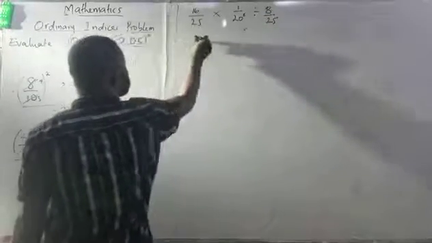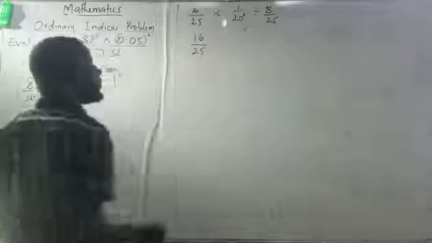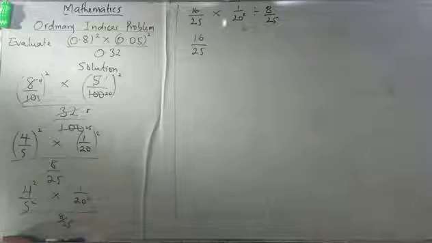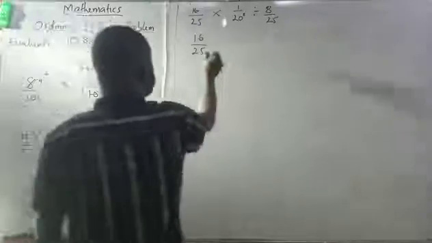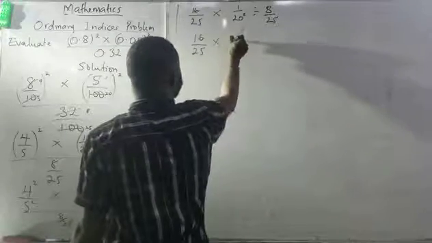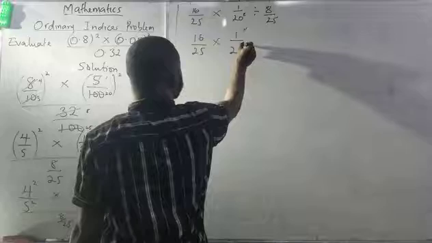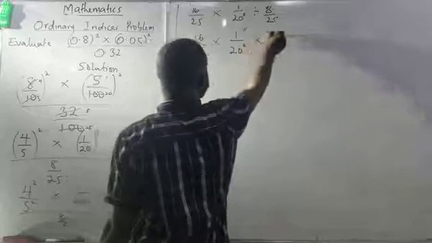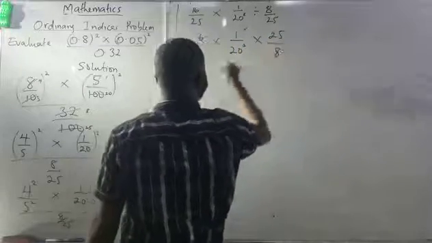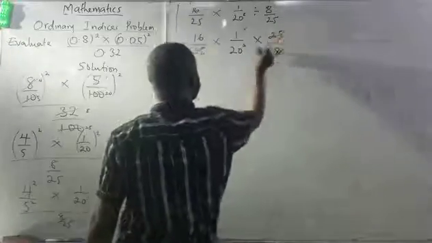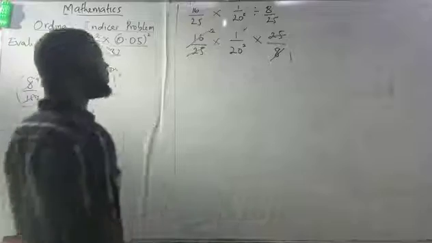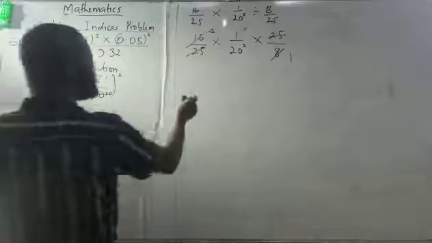Now, I can say that 16, multiply by 1 all over 2 raised to power, and multiply by 25 all over 8. Take note of this very well. I know that this will cancel this. Here 1, here 2. I just cut off. Now, it means 2 times 1,